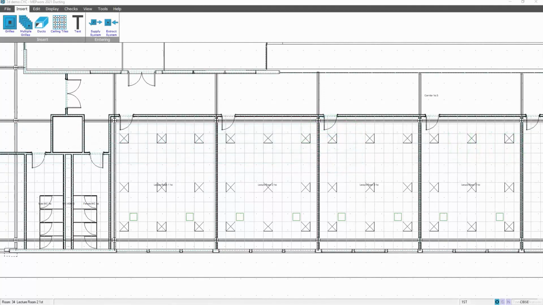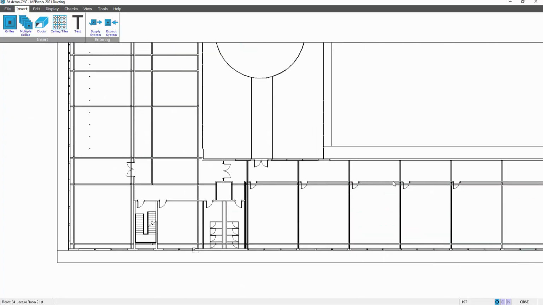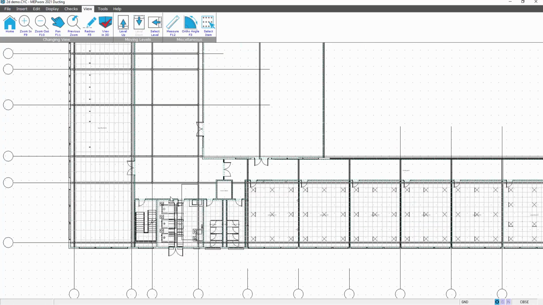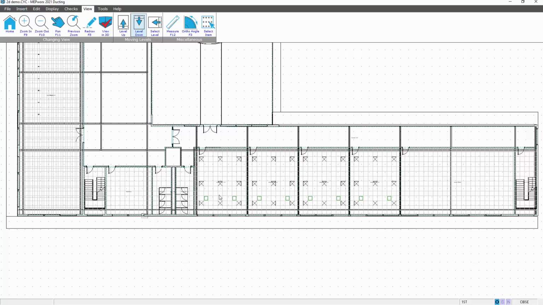This video looks at adding the duct runs. So the idea is to run our duct runs down to our plant room on the floor below. So if we level down, we can see here we've got an air handling unit position. So ideally what we'd want to do is to run our ductwork from the furthest grill and establish that main